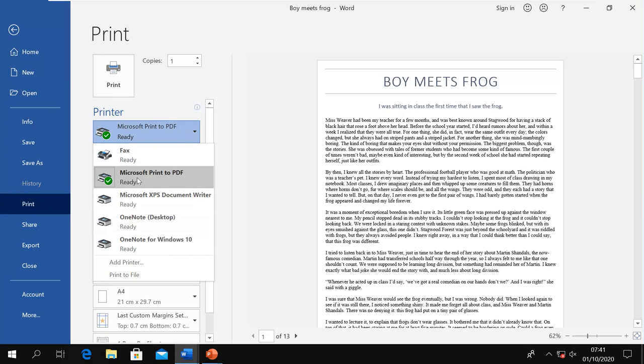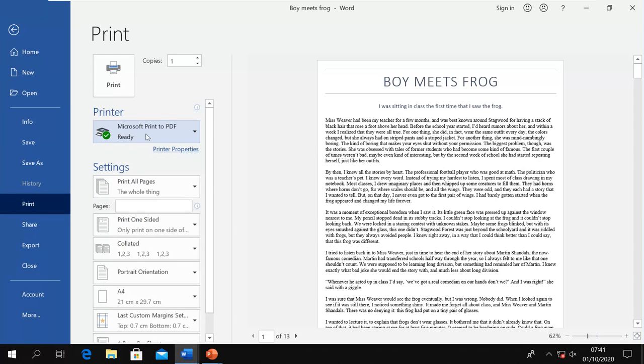Now I'm going to select this printer. This is a virtual printer, Microsoft Print to PDF, and it will do what? It will not print the document because it's a virtual printer. It will convert my document into PDF so that we can see how it will be printed, because we want to see how it will be printed. So it will just convert it into PDF so we can see what it is printing.